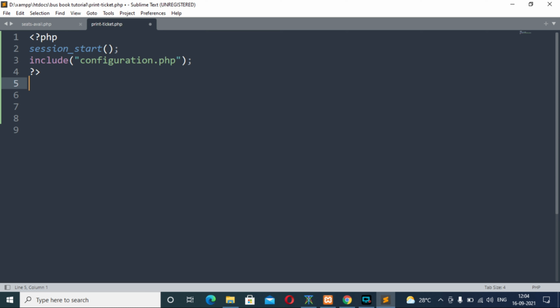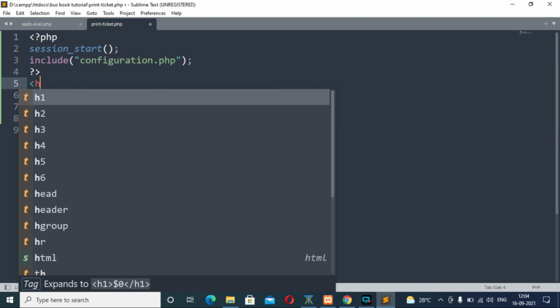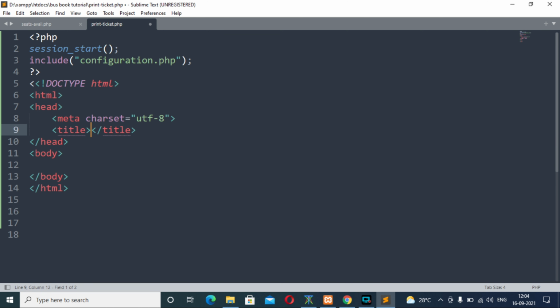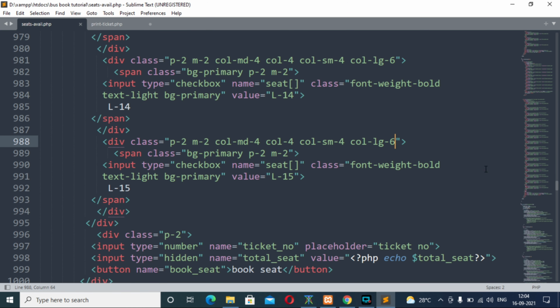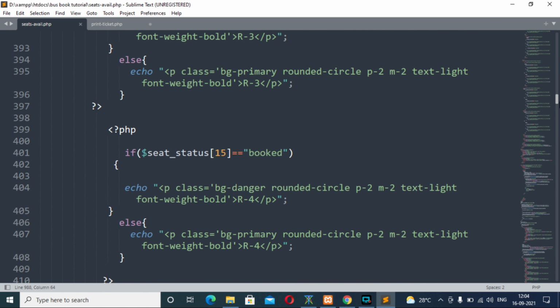So close this. Now type HTML, and inside the head section, outside the data section, copy the line of code of CDN related to Bootstrap and jQuery.